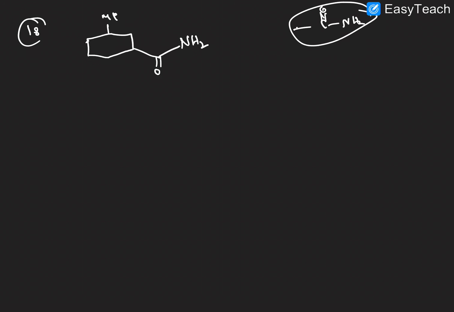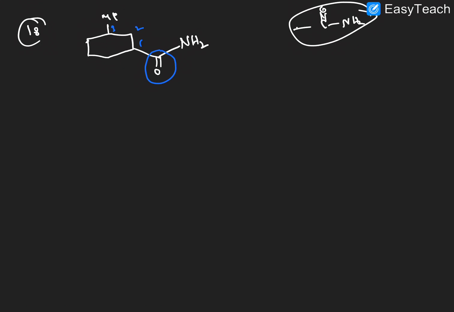Next, one more example. I think this is the 18th example, right? A methyl is there, and here a double bond and NH2 is there. Okay, what is the name of this compound? The functional group here is amide. This is the highest priority, but we are not giving any number to it. So here 1 2 3 like this we want to give, but this carbon does not get any number. So how is it named?